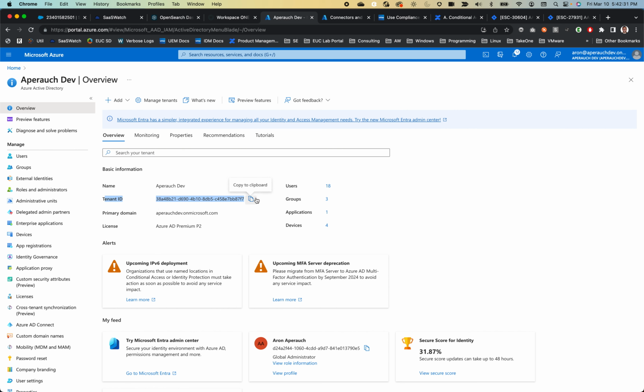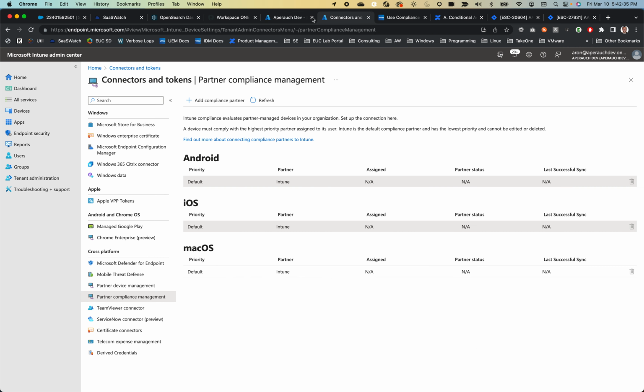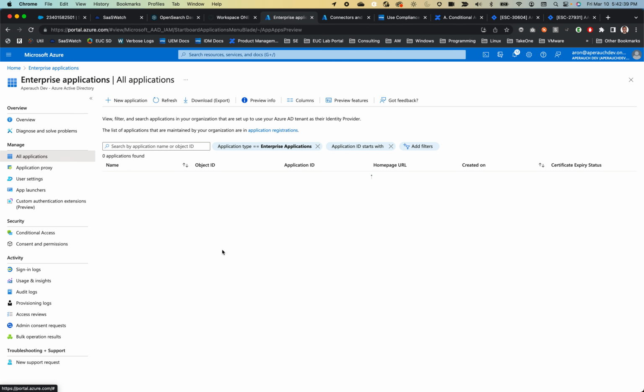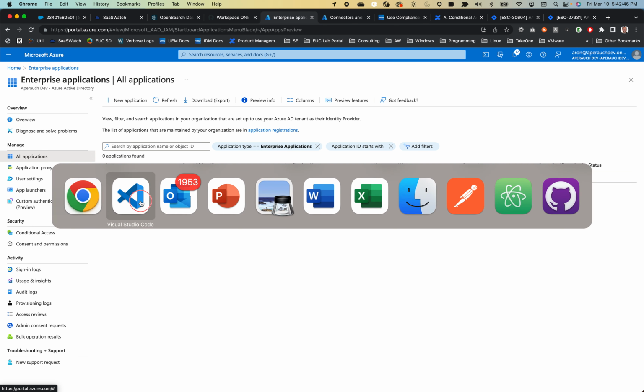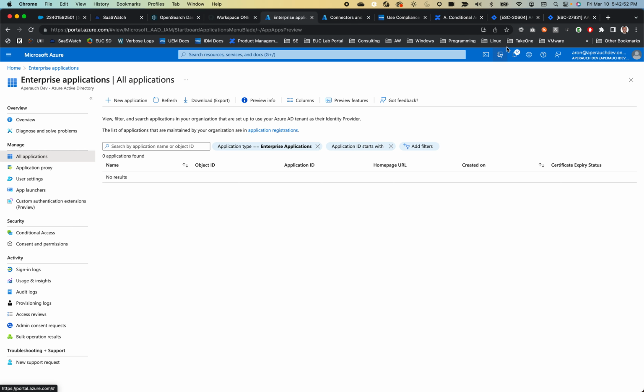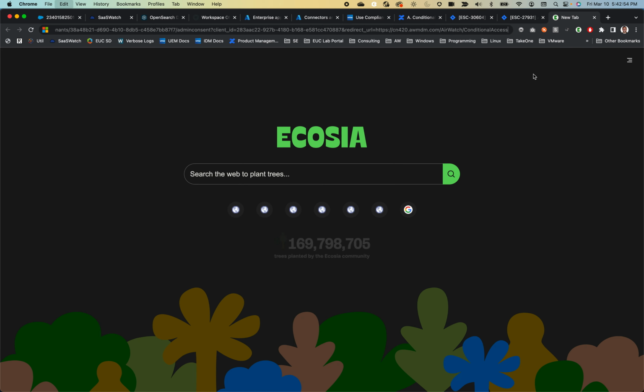You can copy that, and now you would have to have documented the enterprise application ID for the Workspace ONE Conditional Access, because again, there's no way to recover that. So assuming you do have that and you've constructed the URL accordingly, you can copy this, open a new tab,